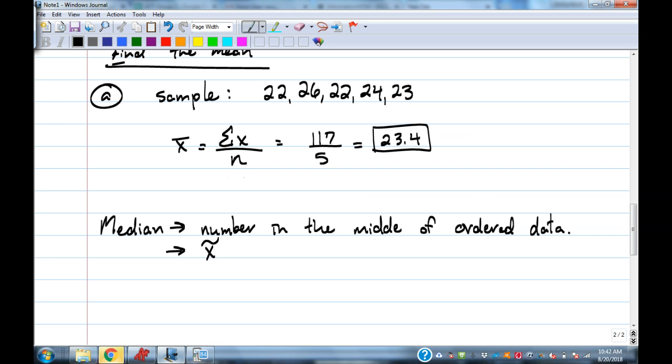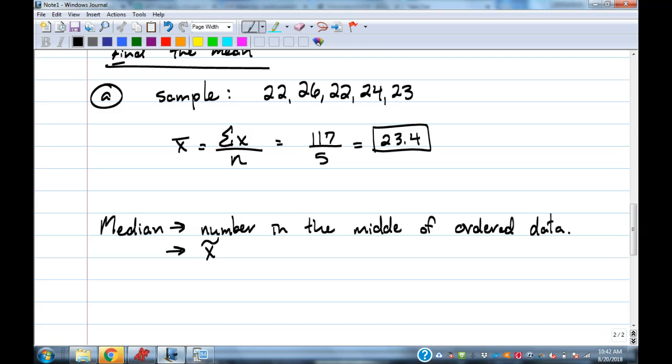So the median's the number in the middle. You got to have the data in order. With the one variable stats, you don't have to put it in order when you put it in. When you type in the values, you just got a list of data. I didn't put mine in numerical order. It'll find the median for you, because in its nice infinite wisdom the calculator will reorder the data and find the median. The notation that you will see for that is X tilde is what that's called. How do you say that? X tilde. It's an X, and then instead of a straight bar meaning mean,